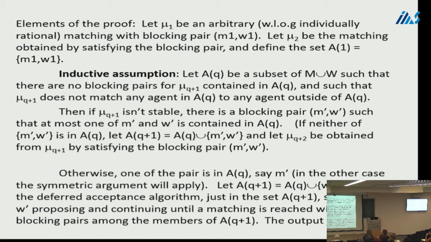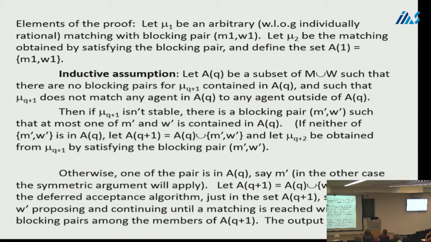saying, let's build a set that doesn't have any blocking pairs in it. And it'll start empty, and we'll add a pair that isn't a blocking pair to the current matching. And we'll keep adding pairs that aren't blocking pairs. And when we've got them all in, we'll have a stable match. So the monotonicity will be that the set is growing. So let's start off and have a matching that